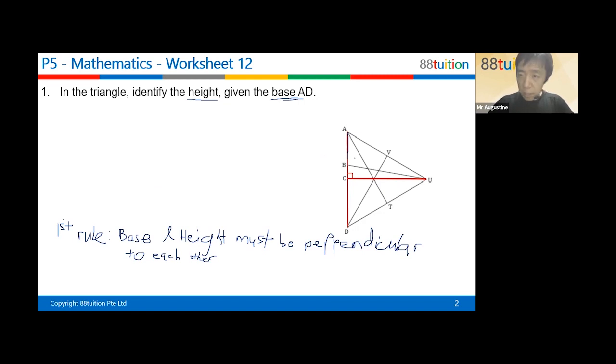Yes, in a way, it's the highest point of the triangle, depending on where the base and height are, where the base is relative to the height. Yes. Okay, so I came out with this second rule. You see whether you all can understand. Let me write it out as well. Okay, so a second rule is